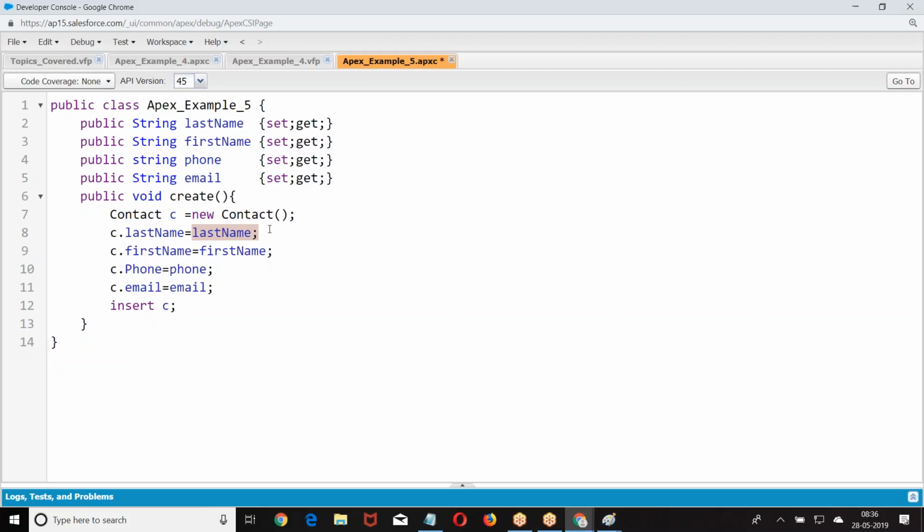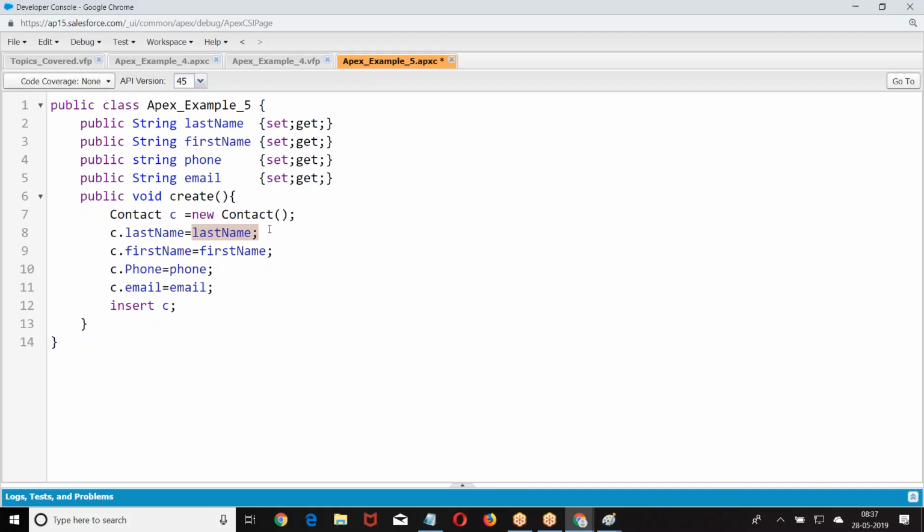Maybe I have taken the phone number and email but entered a number, so the data is not matching, an error. If there is a validation rule in the contact which says account ID cannot be blank and you are not giving the account ID, it throws an error. So the record may fail because of validation rules, required fields, or mismatch of the data.